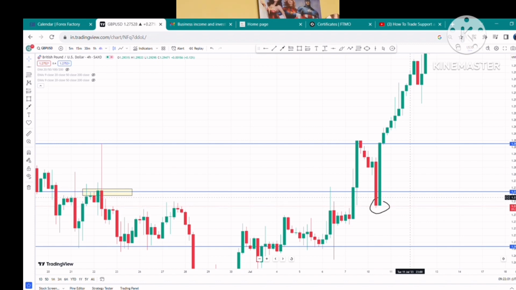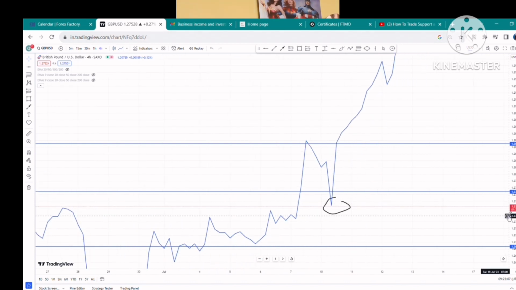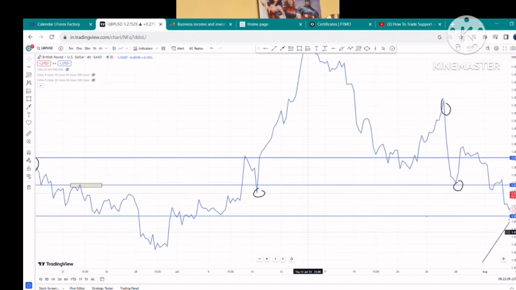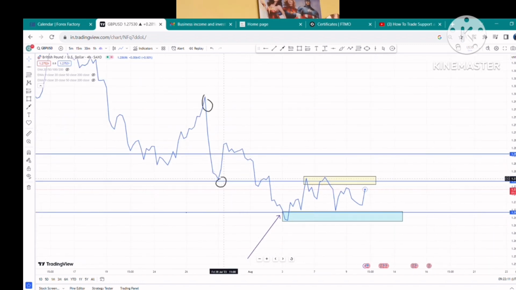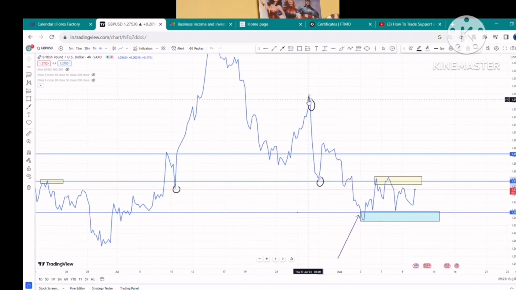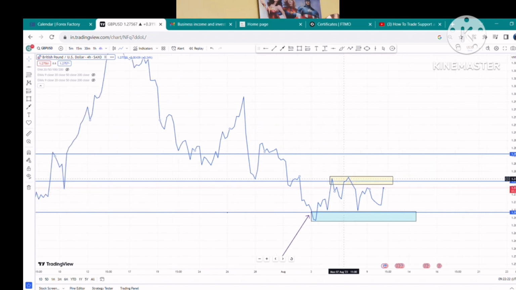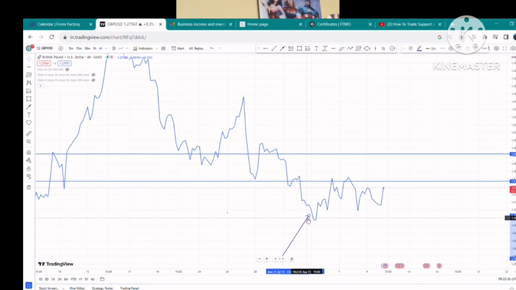So how I use support and resistance now, I will draw my support and resistance not based on those valleys and low peak points and valley points. No, I use a line chart to spot the areas of support and resistance. Let me just delete these zones quickly. Now